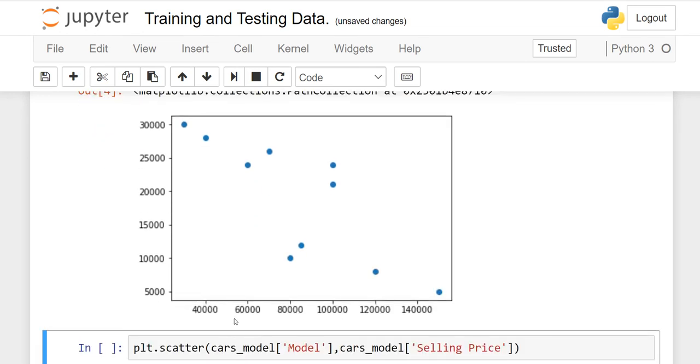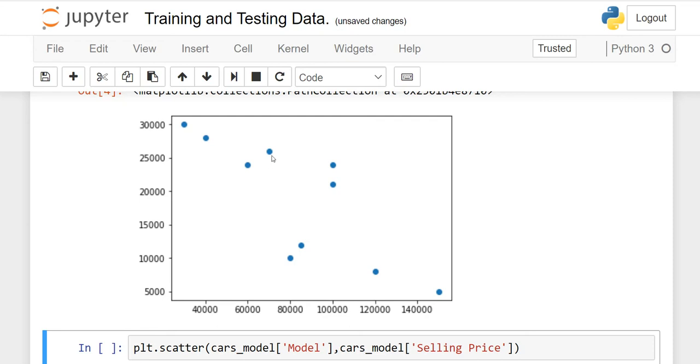Here I did not make any labels, but I explained in the last lesson how to make these labels. This is the x-axis, this is the y-axis. On the x-axis we have the mileage. It means as the mileage increases, the price decreases. See, if we join this curve, it will come like this.